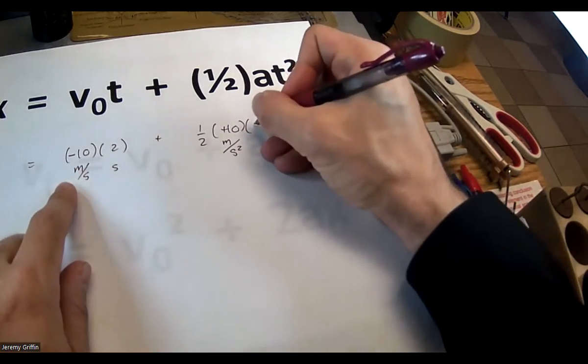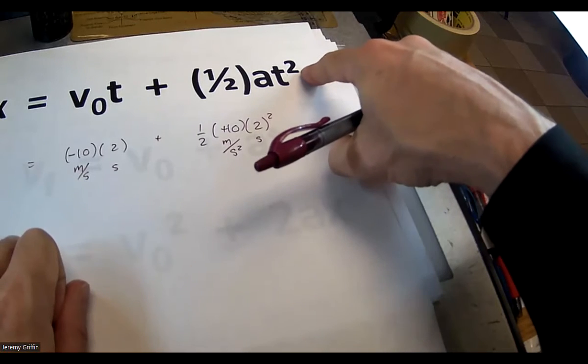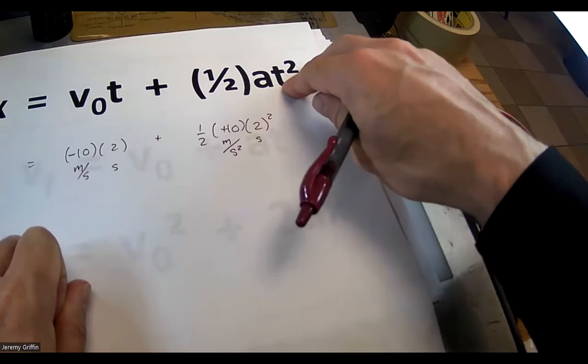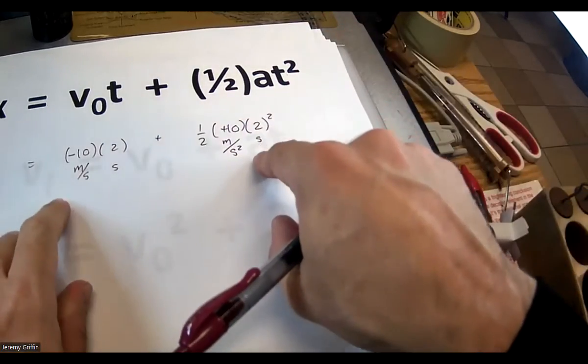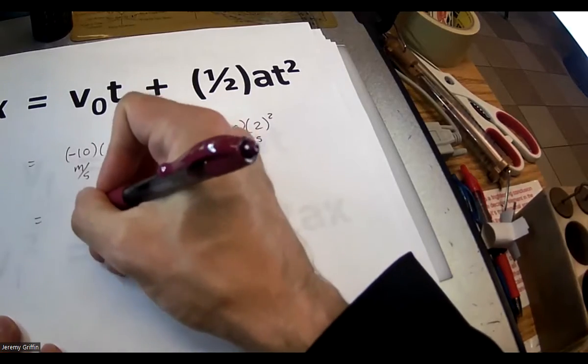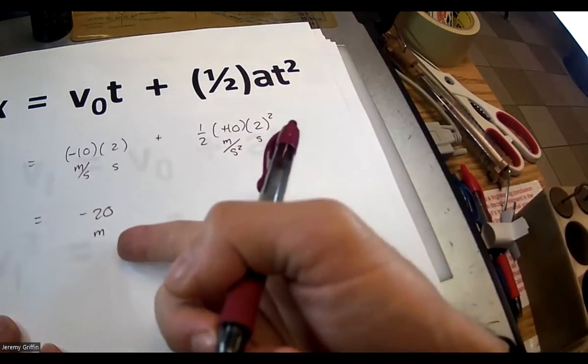Okay. We're doing this for 2 seconds, and don't forget to square this 2 seconds. Oh, guys, does the square only apply to the t? Yes, it does, right? Order of operations. The square is only on t, right? So what do we got here? We got -20 meters. Okay, so meters, right? Because seconds